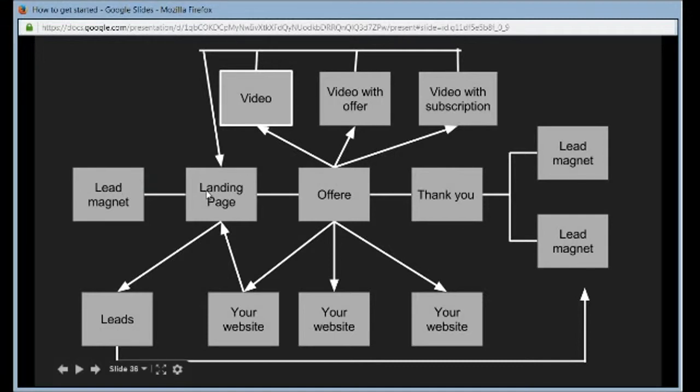This is the first page, and this page will take them to a landing page. On the first page, it'll talk about learning how to start your own business, and so on, giving that information just to capture the attention of people looking for what I have to offer. And if they like it, they'll click onto the landing page.